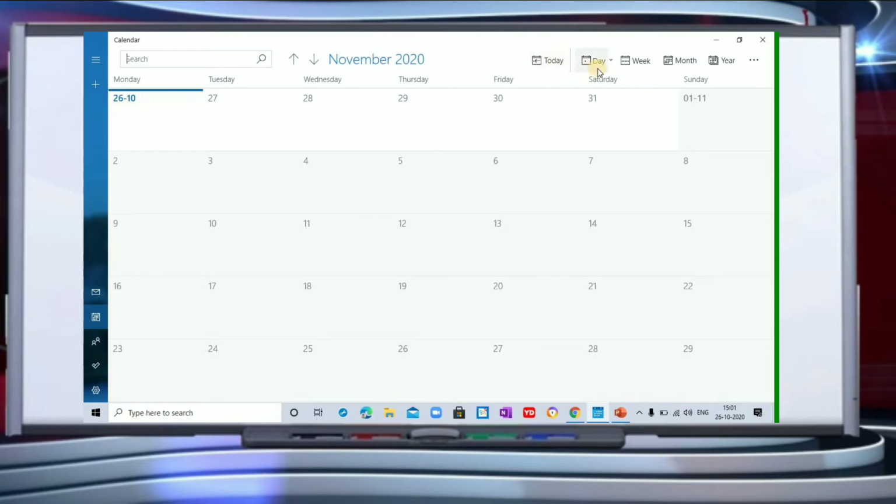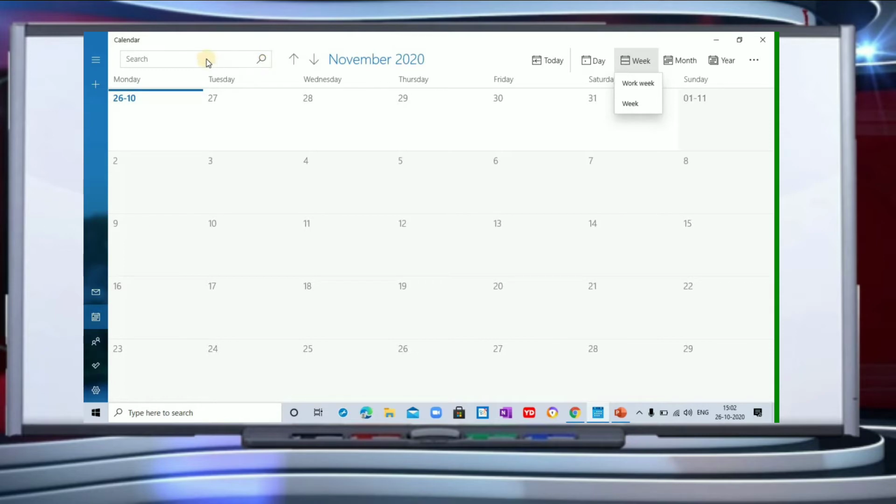And then you have day, you have to select a day. You can go to the first day, second day, third day, fourth day, whatever day that you want to select, and you can schedule your appointments according to that. And if you have to schedule your appointments according to the week, then you will go here to the week. Similarly for the month and year. So children, this is how you can go and schedule your appointments.